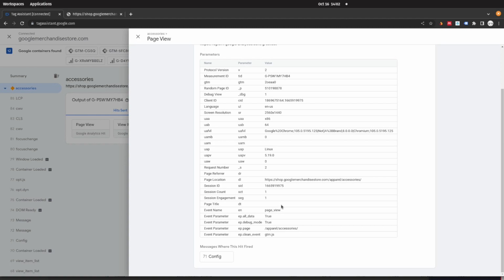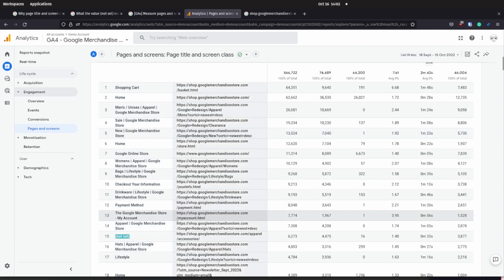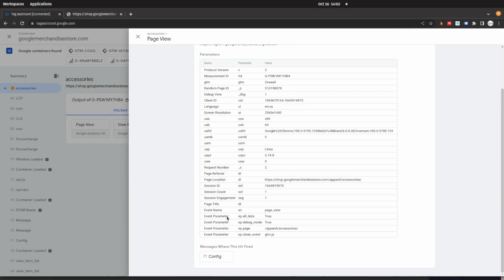So this is where things start to make some sense, because if Google Analytics doesn't get any page title, of course Google will fill that with a not set value, because Google doesn't know the title of that specific page. So why is this happening? Why does this specific page have no page title? Well, everything is